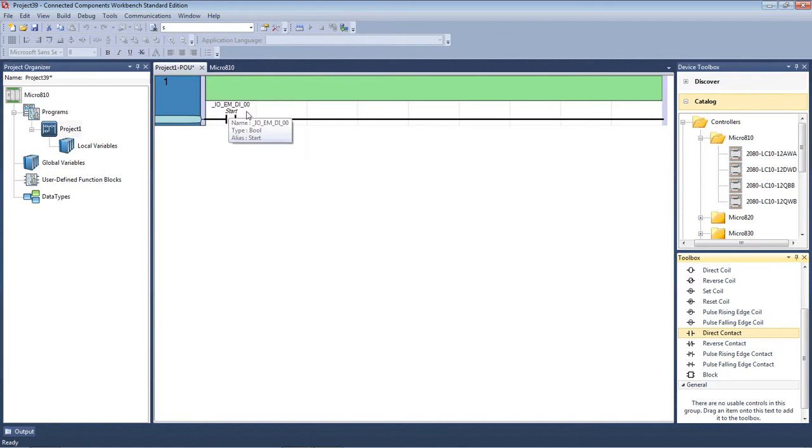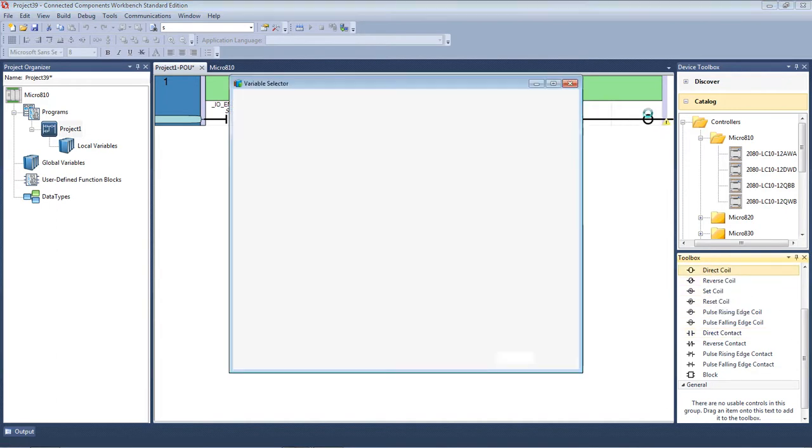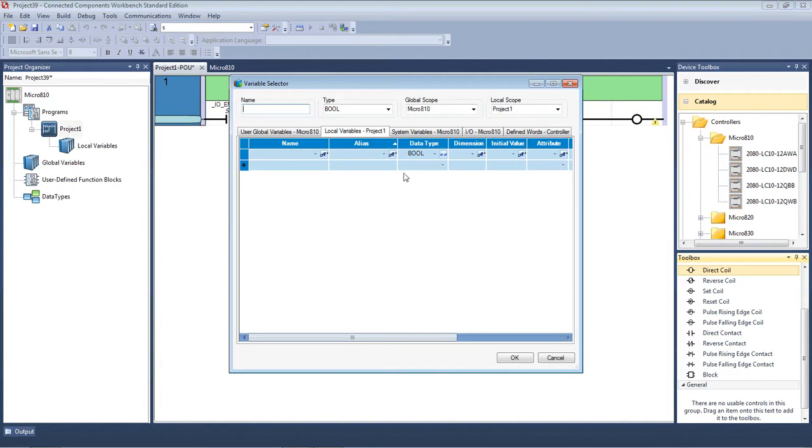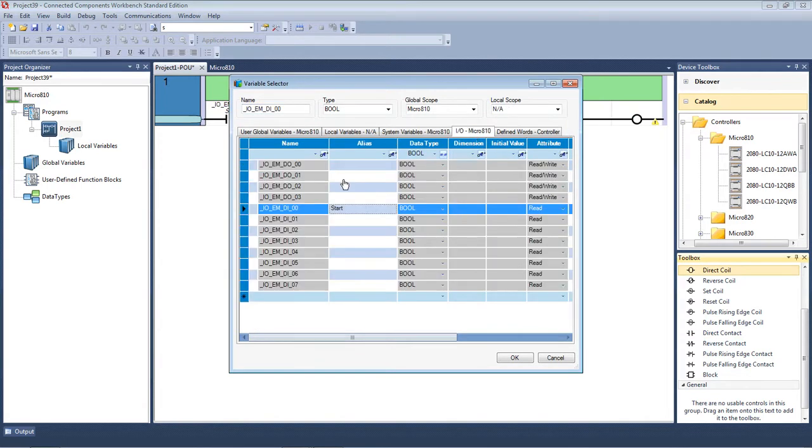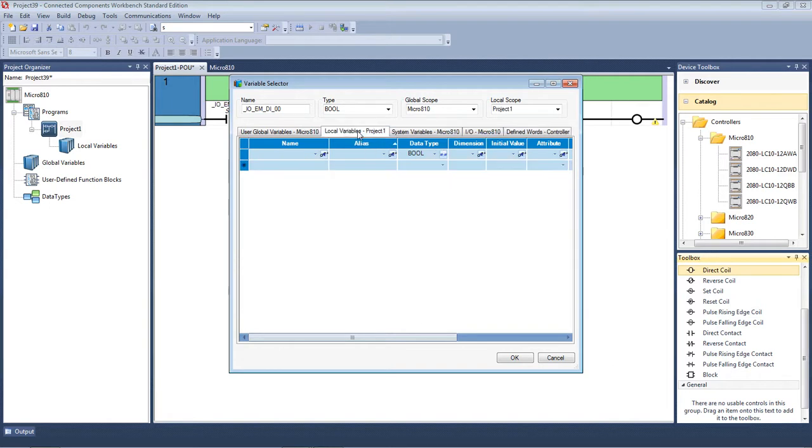Okay, and what it does is it addresses that element there to say that if I put a 24 volt signal onto my first input 00, it'll tell the logic to come into the logic here and close that element of the rung. Okay, let's put a coil, a direct coil. So I'll drag a coil up to here and drop that in. Now I could use any of my outputs here, but usually when you're programming,